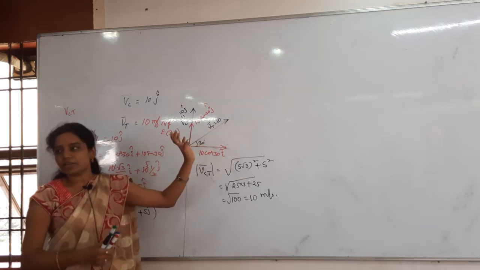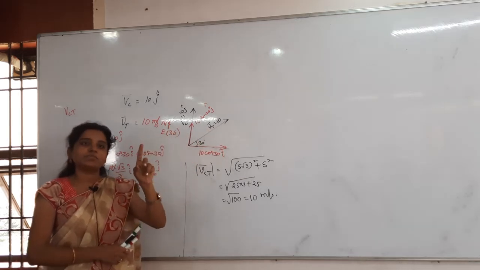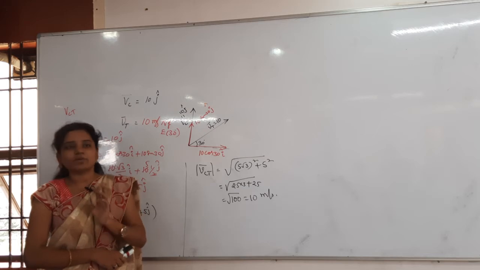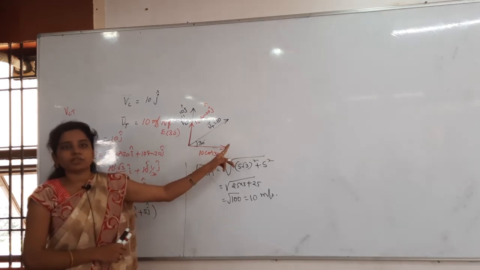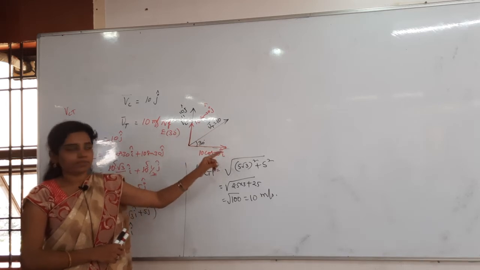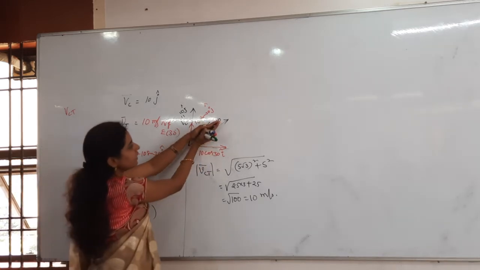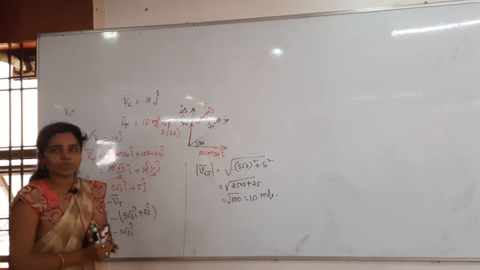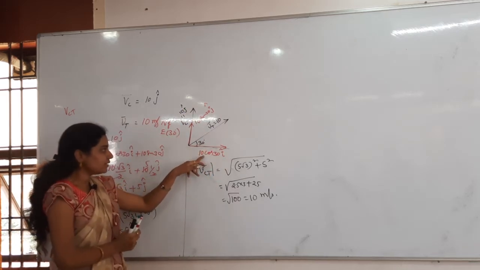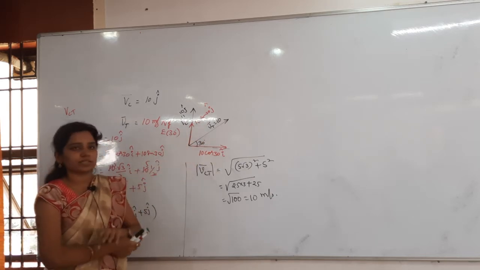Always you have to take in vector form only. I said in one dimension, if you do not take it in vector form also, that is okay, you can even apply the stopping method also. But this is two dimension. Always you have to take in vector form only. So this 10 will get divided into two components. One is the horizontal and another is the vertical component. So 30 is the angle. So 10 cos 30 i cap, 10 sin 30 j cap.